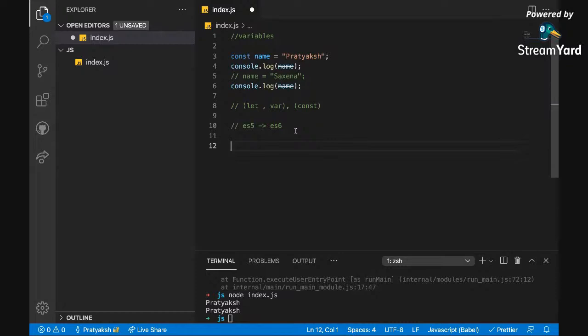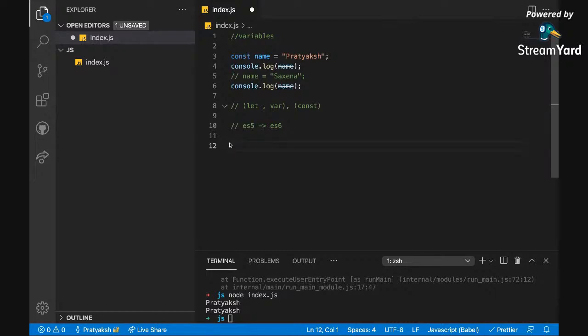Each and every variable has a scope. Let's say this is a block of code and I have defined some variable xyz over here. If this xyz is only accessible in this block, then we can say that it has a block scope, meaning it cannot be accessed outside the scope. But if it is defined in this scope and we can use it outside this scope again, this is called global scope, which means the variable has a global scope. It can be used anywhere in that particular body.